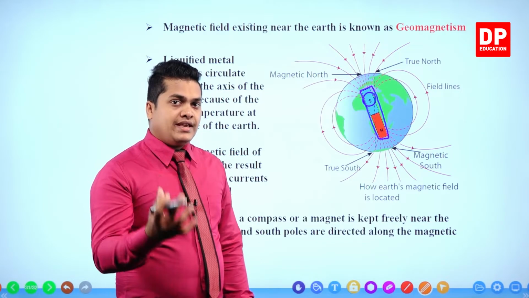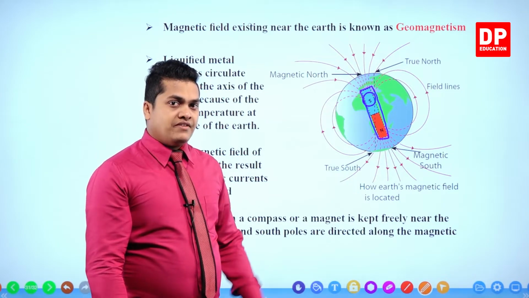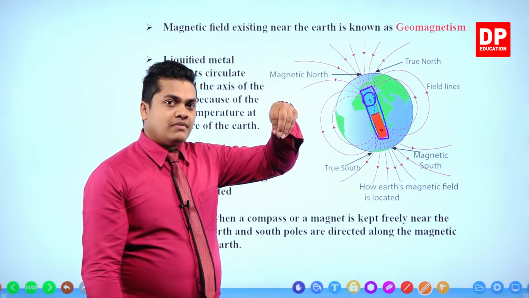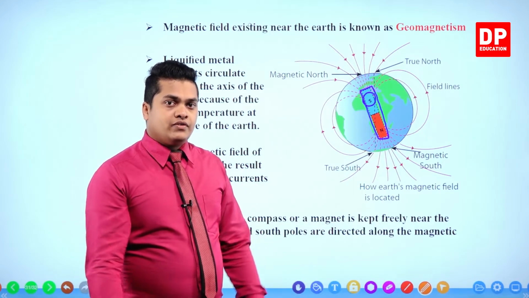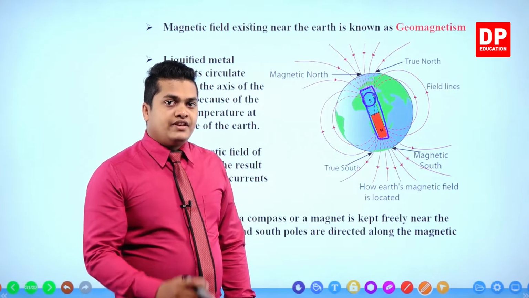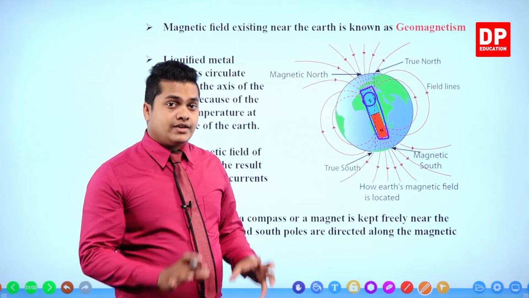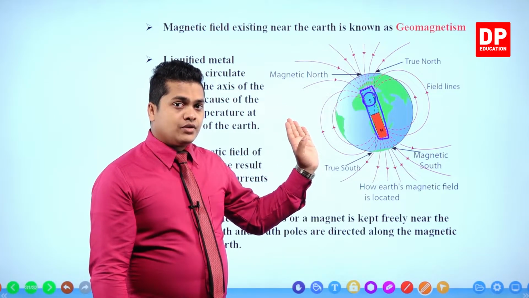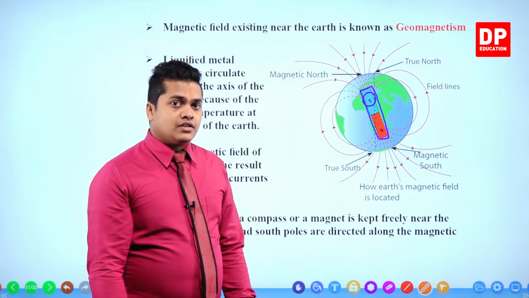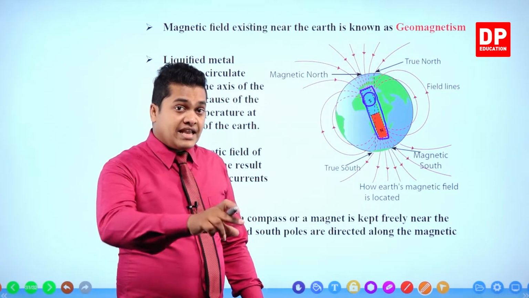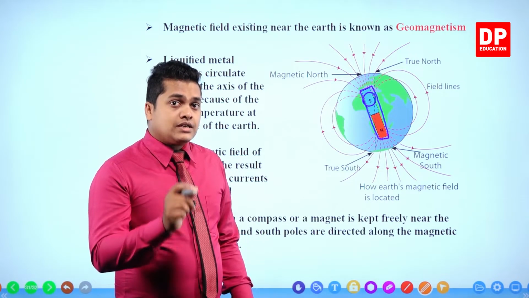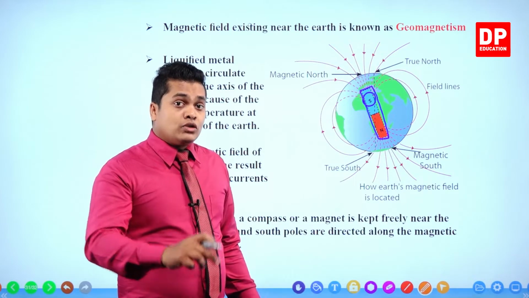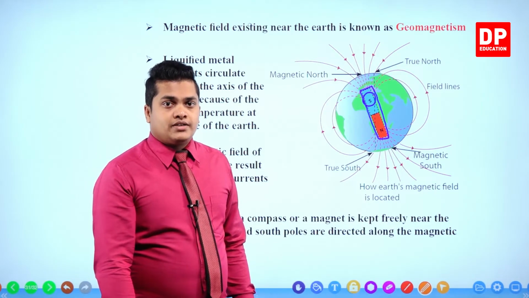That's why if you take any kind of magnet and freely hang it using a thread or any kind of material, that north pole will definitely turn to the north direction of the earth. It's because the north direction of the earth contains the south pole of the geomagnetism,